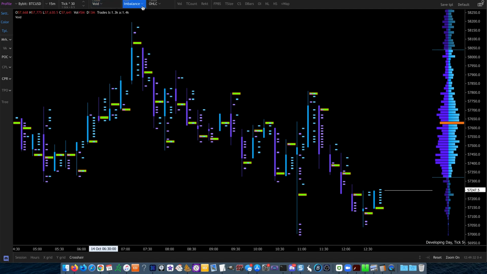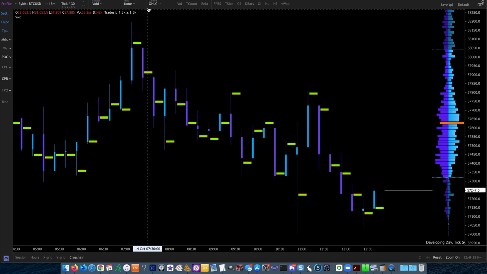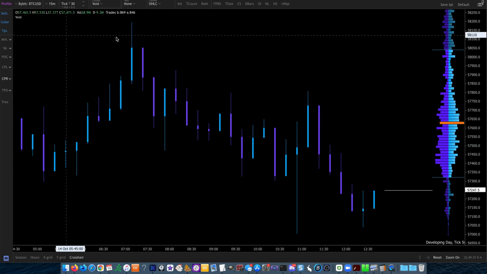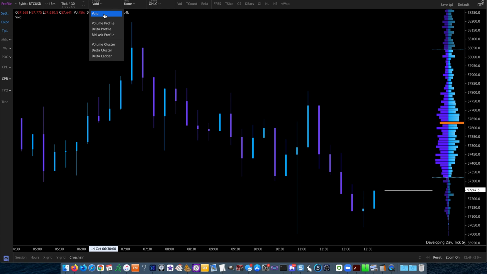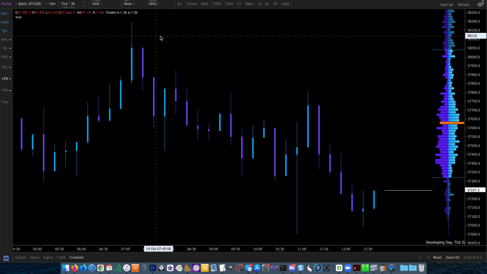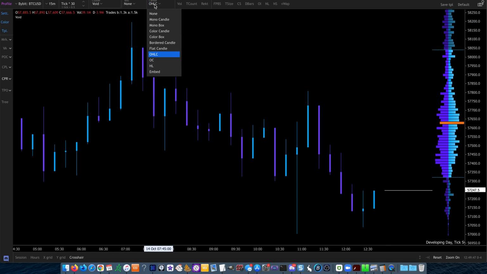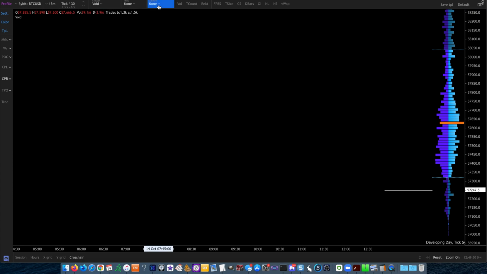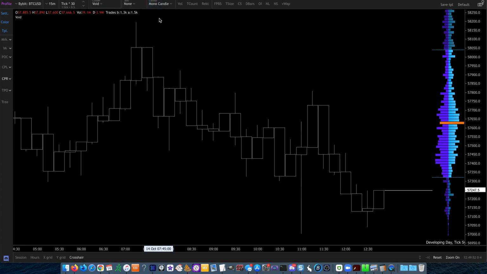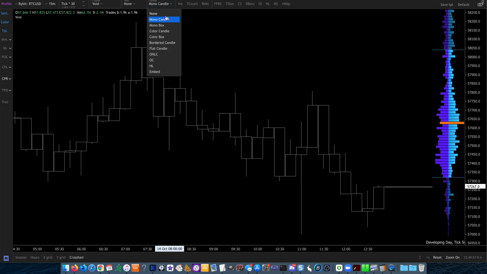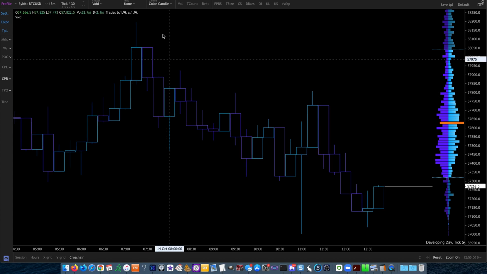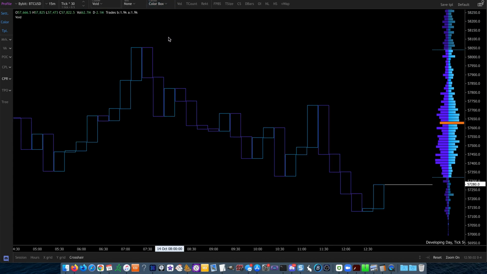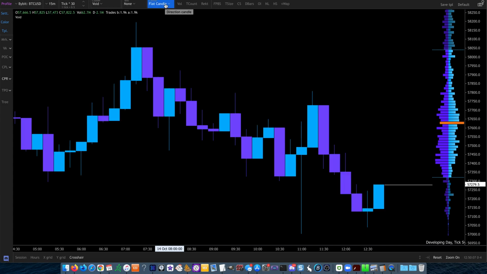This is showing you how you want to have your candles look, right? If you do nothing, then you'll just literally look at normal old candles. Over here, the candle drop down shows you what you want to see for your candlestick. You can have no candles, you can have the mono candle, which is our typical candles that we're used to seeing on TradingView. You can have the color candle, which is our typical colored candles you can see on TradingView. There's a whole bunch of different options here. Okay, we have this candle, the flat candle,